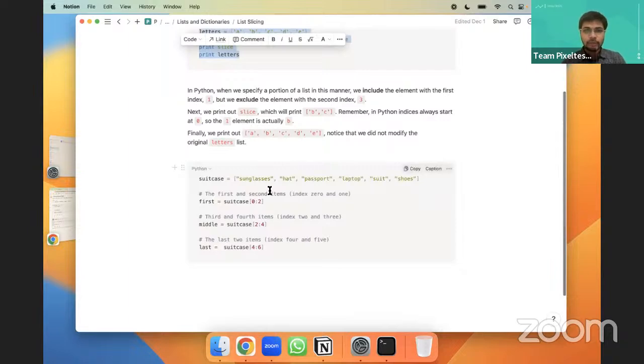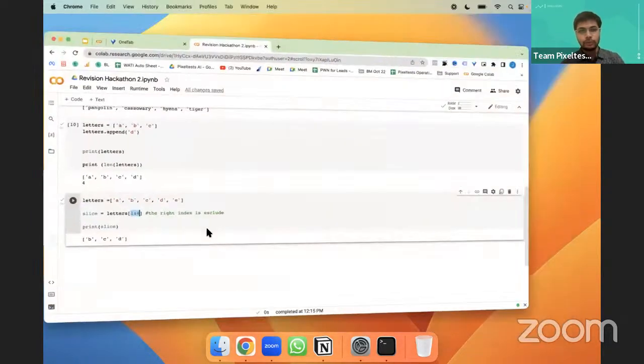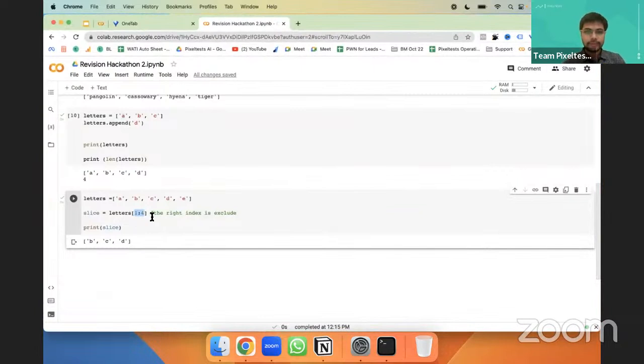Okay. So now similarly, if you leave the right index here without adding anything, it will take from 1 till the end, right? So if I'm going to run this, it will take from 1 to the end of the list. For example, even if you have more elements, it's going to take till that end.